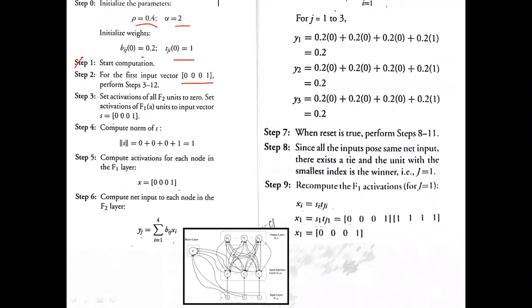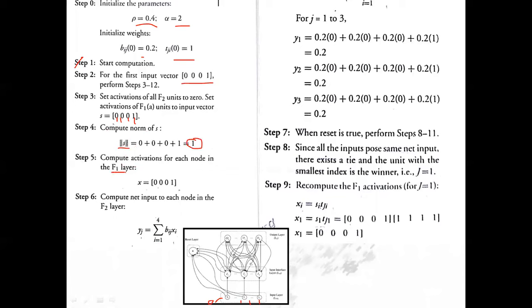So we initiated by assigning this equal to 0, this equal to 1, this equal to 1, and this also equal to 1. So we activated the input layer. Further, we calculated the norm of your S vector, or norm of your input vector. The norm of your input vector contains the value of the first feature plus the value of the second feature plus the value of the third feature plus the value of the fourth feature. It comes out to be equal to 1, meaning it contains a total of 1 one in the input layer.